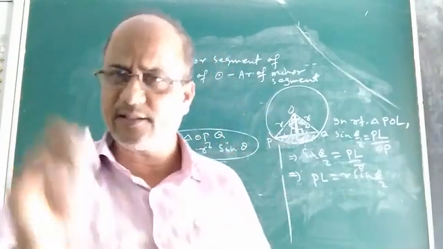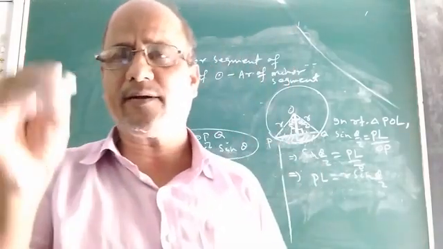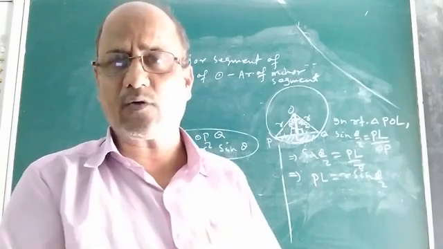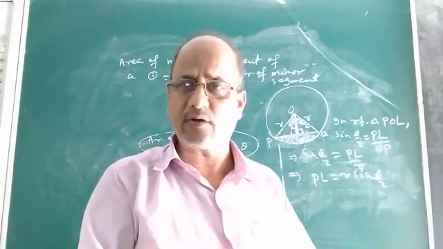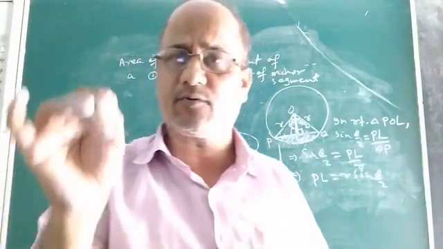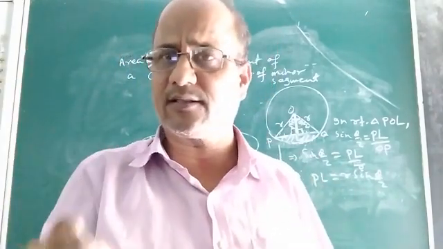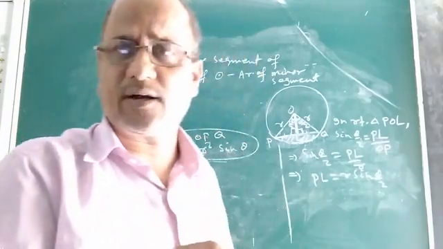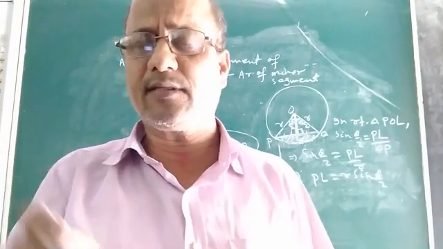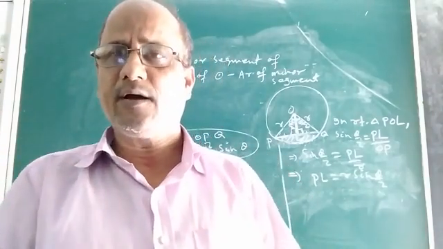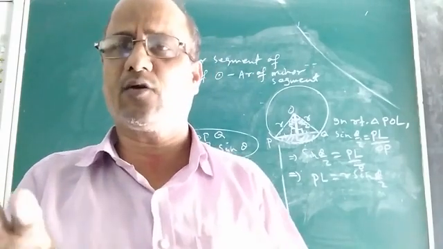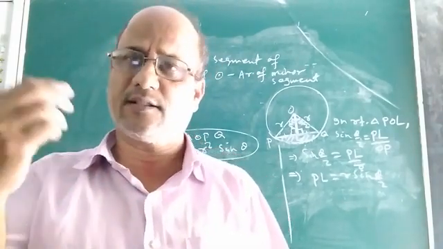So children, in this class I hope you understood what is a segment, minor segment, major segment, how to calculate the area of a minor segment and how to calculate the area of a major segment. The detailed formula and its derivation I discussed. We only have to discuss problems so that you will understand the thing better. With this, we came to the end of the chapter, area related to circles. We shall only discuss problems, and we are going to start a new chapter in the next class, because both circles and area related to circles are over.